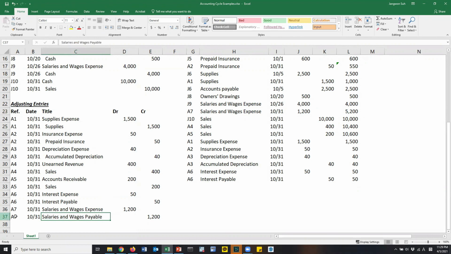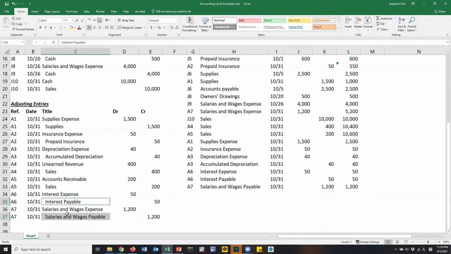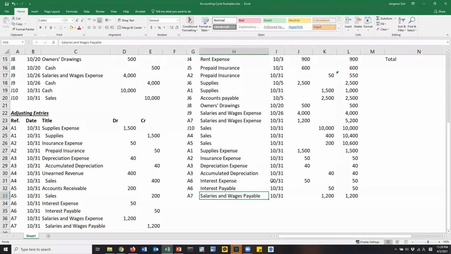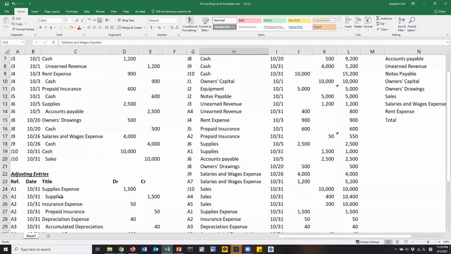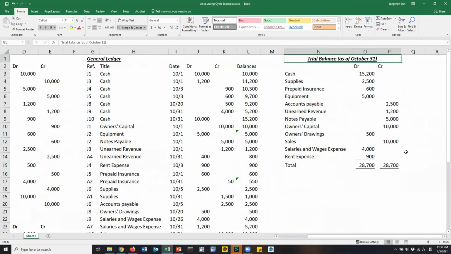Finally, we have one payable item. Salaries and wages payable, the date, and then the balance is 1,200. Right? Oh, we make small indents for credit sides. Yay, we've completed all adjusting entries and we posted the adjusting entries onto the general ledger. Okay, in the next video, we will have a look at the preparation of the trial balance. Now we will retitle the trial balance as adjusted trial